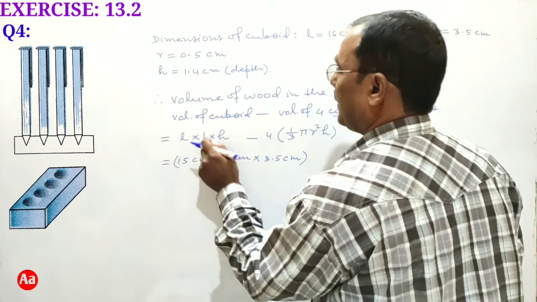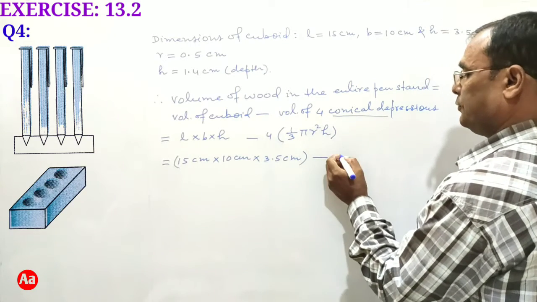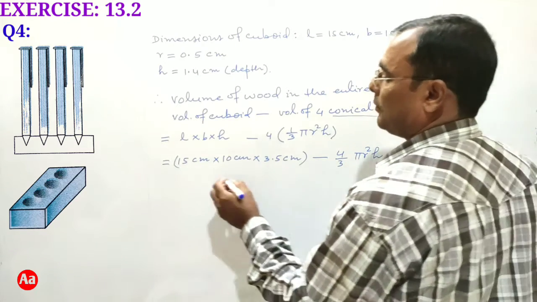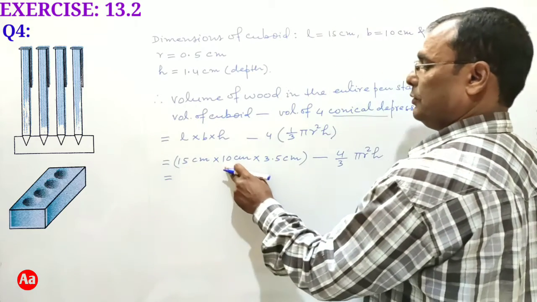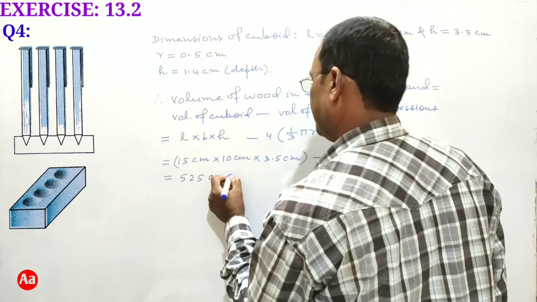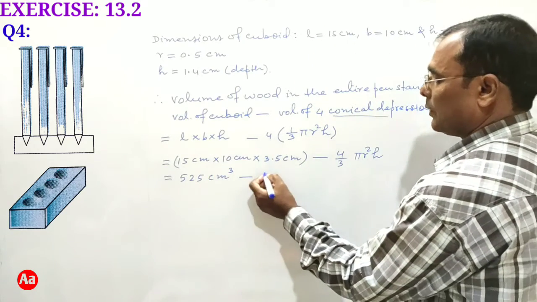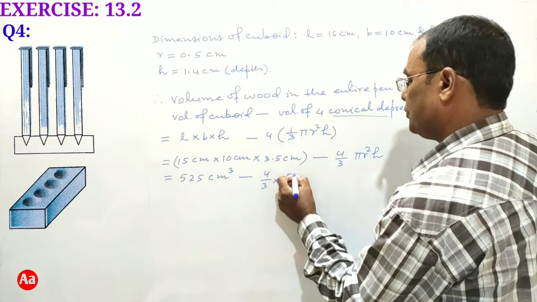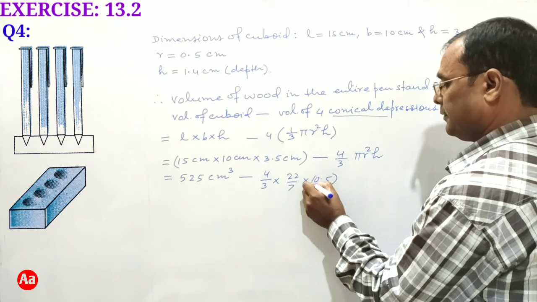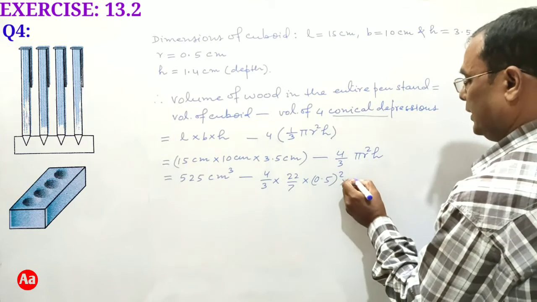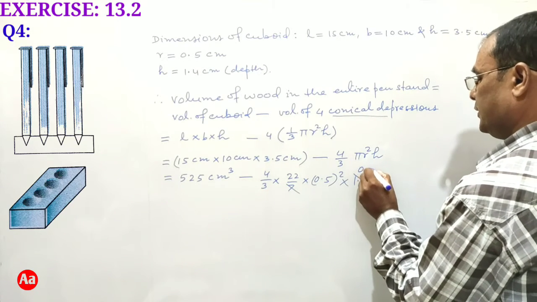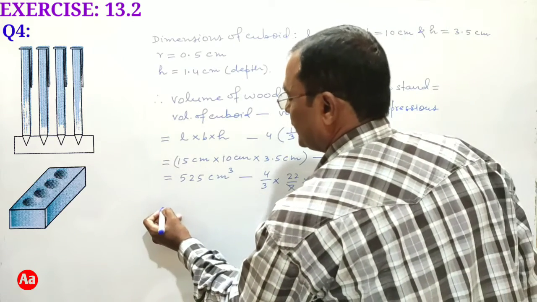This is volume of wood in the cuboid minus 4 by 3 pi r square h. 15 into 10, 150 into 3.5, 525 centimeter cube minus 4 by 3 into 22 by 7 into r square, that is 0.5 square into height 1.4 centimeter. 7 to the 14, that is 0.2, and this is equal to